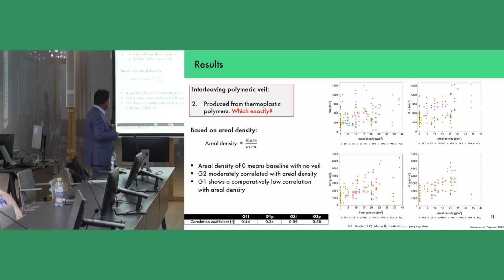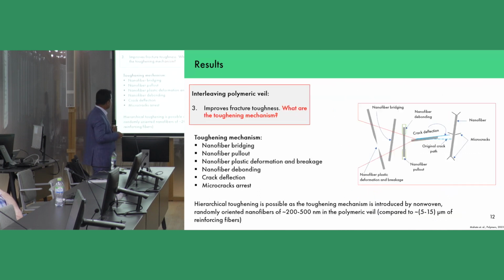And also areal density is moderately correlated with G2 and has very low correlation with G1. Then, about the toughening mechanisms, there are several toughening mechanisms introduced by this method of improving fracture toughness, starting with nanofiber bridging, because the fiber diameter is from about 200 to 500 nanometers and it's randomly oriented, so it adds additional fiber bridging on top of the fiber bridging from the